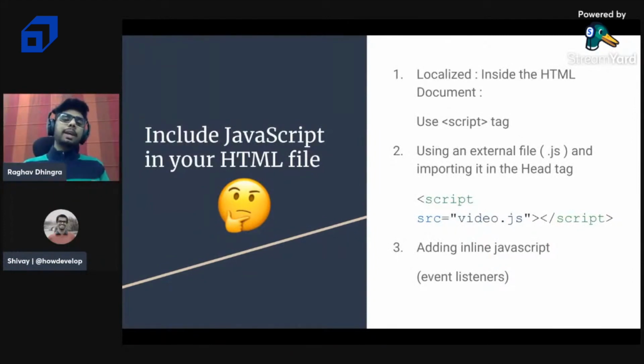We can write the JavaScript code, but how can we execute that within an HTML file or any other environment? Basically, we have three different ways to carry on with the JavaScript code. The initial one is using a script tag. I will give a live demonstration of these three approaches, but for reference purposes, we have three ways. Initially we would be using the script tag,